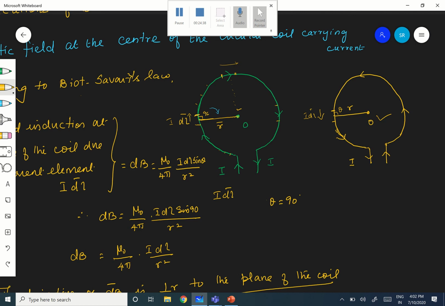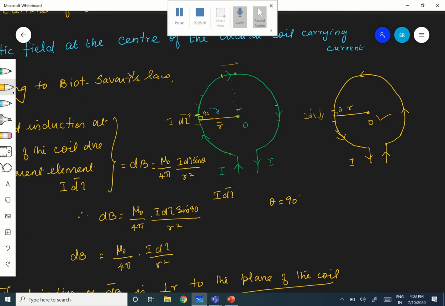Then the thumb of the right hand shows the direction of the magnetic field at the center of the coil. Very simple, na? Are you following? Once again, the right hand rule: if you hold the thumb of your right hand perpendicular to the grip of the fingers, such that the curvature of the fingers shows the direction of the current in the coil, then the thumb shows the direction of the magnetic field at the center of the coil.